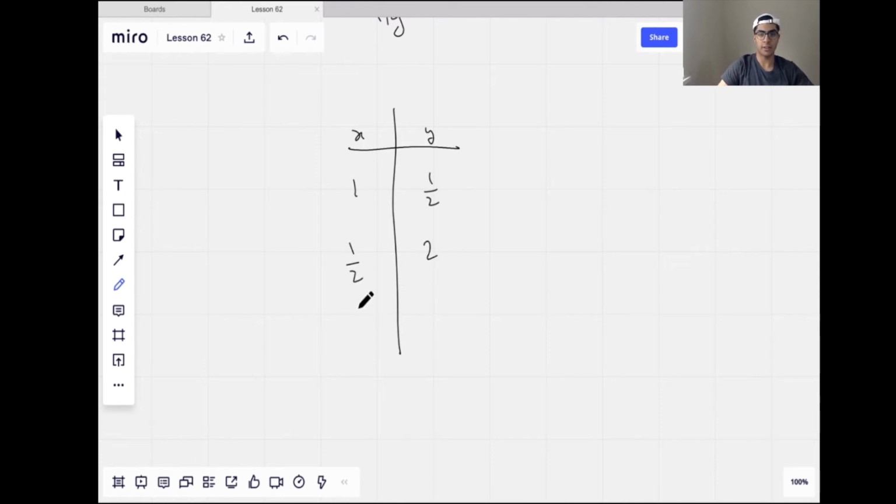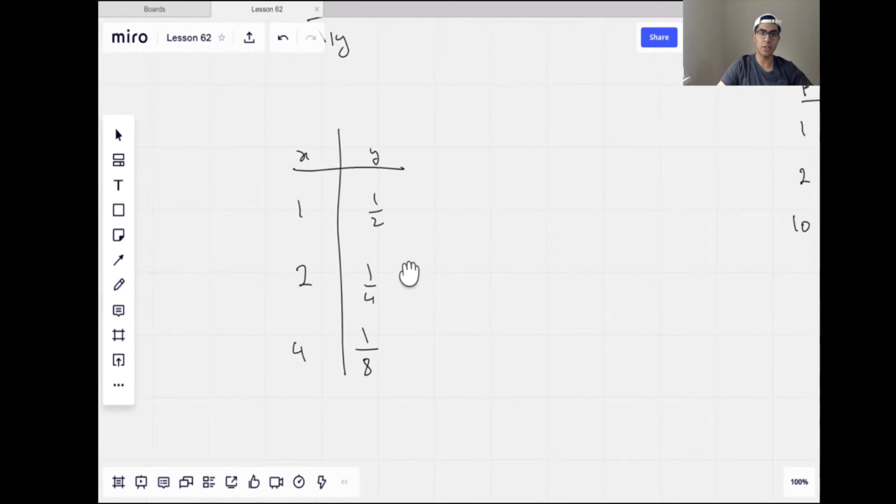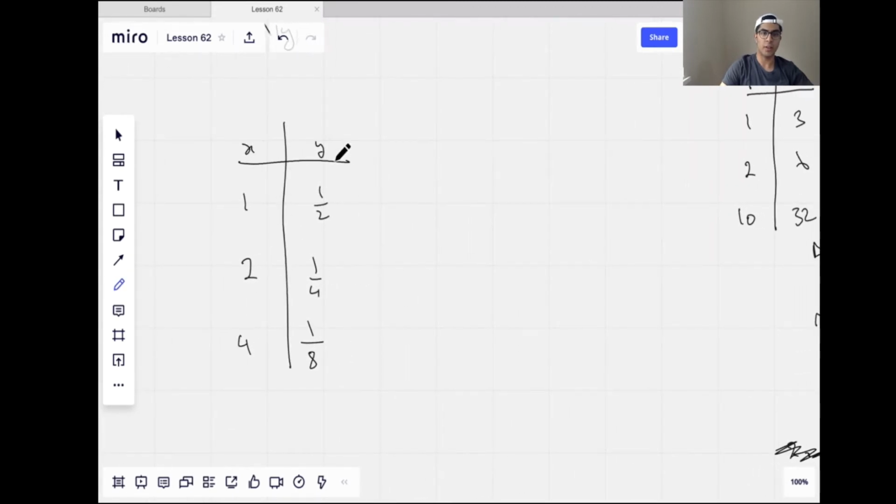Sorry, that was wrong actually, if x is 2, y is a quarter. If x is 4, y is an eighth, for example. And now if we draw another one, 1 over y, we have 2, 1 over 1 over 4 is 4, 1 divided by 1 over 8 is just 8. And now we can see that the ratio between 1 over y and x is the same,